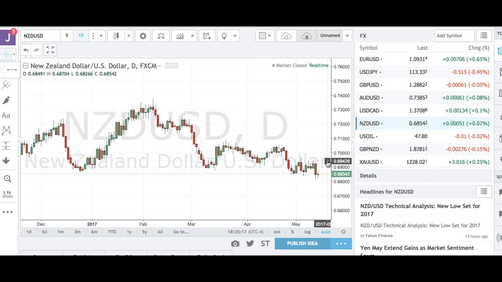In either case, all of these are very, very small ranges. These are 50, 70-point ranges. We're just really trapped in a low volatility environment, and there's very little movement one way or the other here in the Kiwi as we go forward. But in the very near term, I like it to the upside more than I like it to the downside.